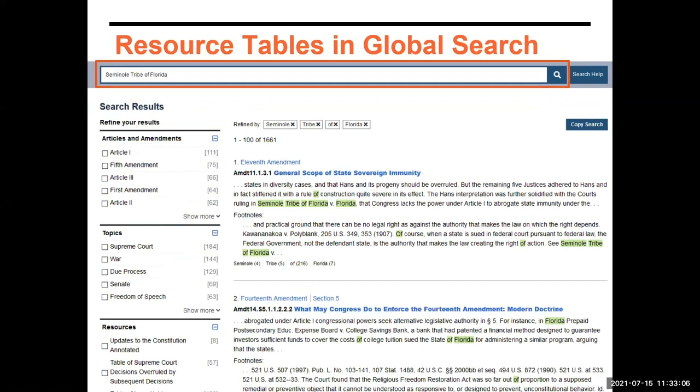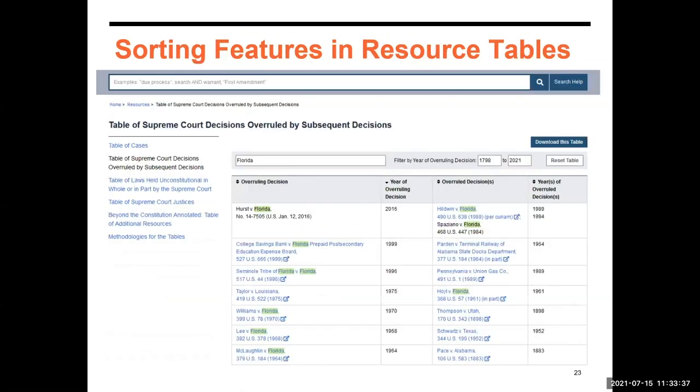So here I've run a global search for the Seminole Tribe of Florida, and I have 1,661 results. That seems like a lot, but don't worry. If you look over to the resources facet on the left-hand side of the screen, you'll see that the option for the table of overruled decisions, which we were just looking at, is listed as a resource that contains my search terms. So if I were to click that and go back to our original table,